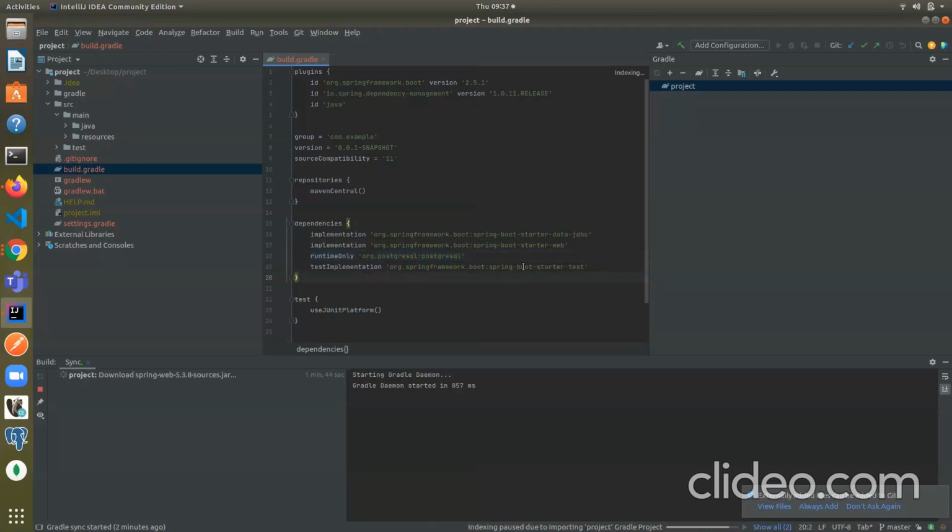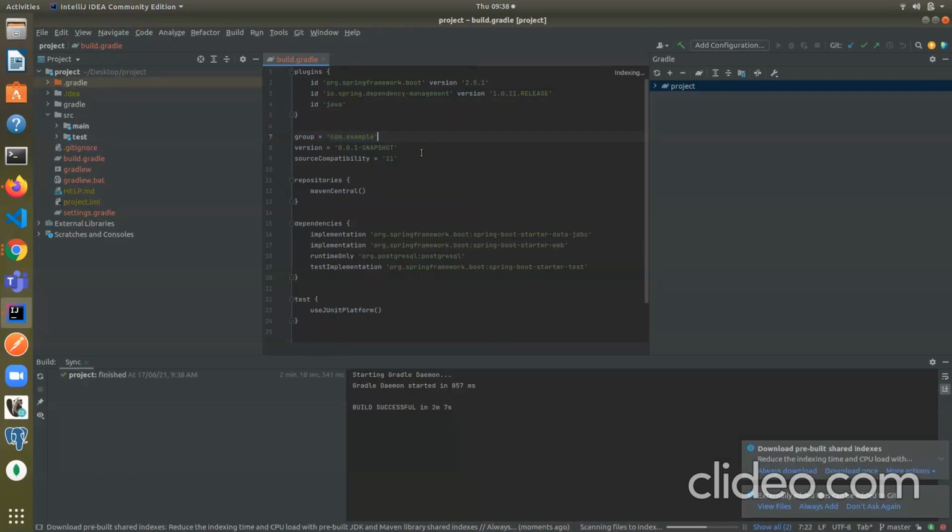And this is test implementation for Spring Web, so this extra test will be there. So these are the dependencies. Other than that, if you want to take any other dependency, you can simply give that dependency name here, and after that it will show to refresh, and you can reload your build.gradle accordingly. Right now we can see our version and ID in our plugin, and we are using Java, and this is the group that I am using.